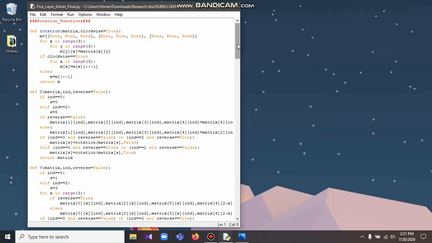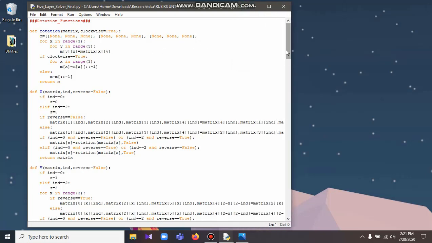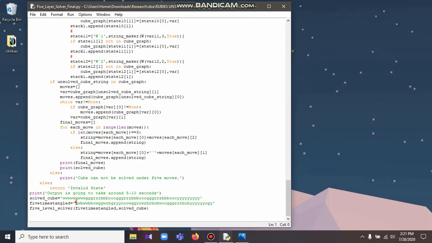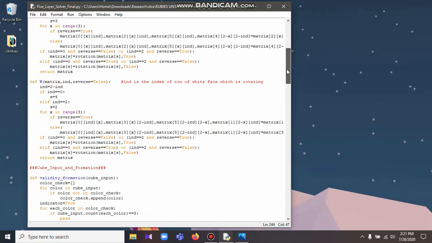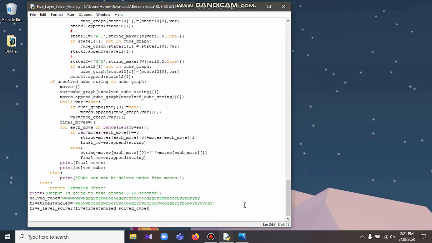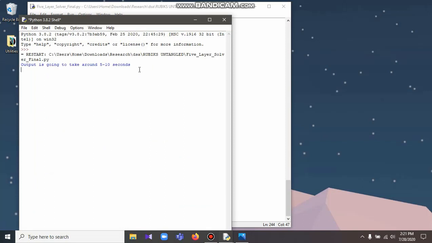So I will demonstrate one of the input strings that I have already input here, as you can see, which is of a disoriented cube, obtained by applying 5 random moves to it. Once I apply the brute force method, which is done using this algorithm given here, and run it, as you can see, it takes about 5 to 10 seconds to apply the brute force and read every possible combination to give a sequenced output, which will be displayed in a while. So increasing the moves will obviously increase the time taken by a significant amount.